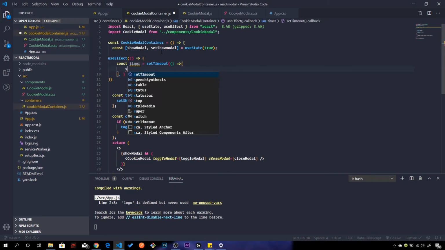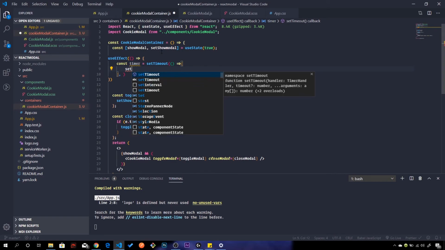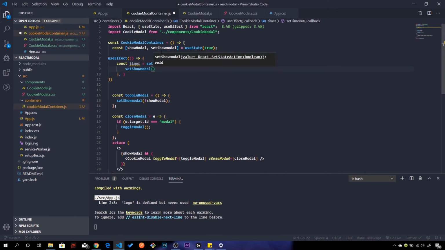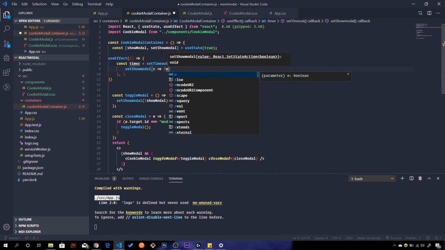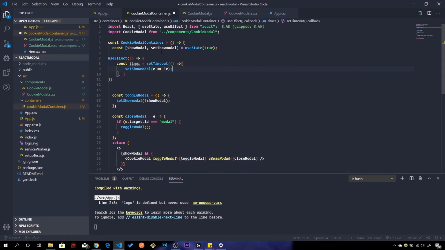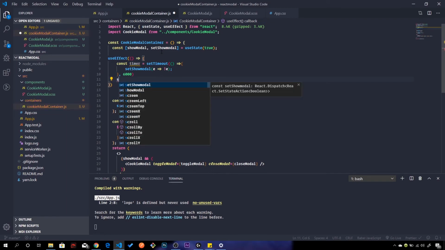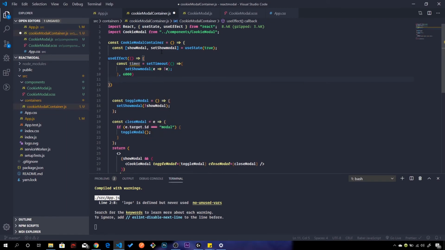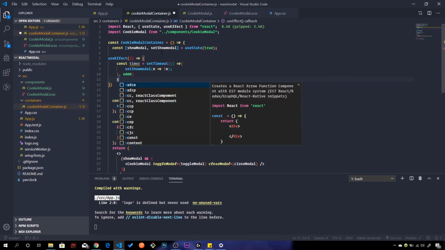So what I want to happen here is to set show modal to the opposite of this element. I want this to happen at 6,000 milliseconds because setTimeout only takes milliseconds. So after 6 seconds, and then after that, I want to clean up the useEffect. After we set it up, I want to clear it. I want to unmount, so that we return